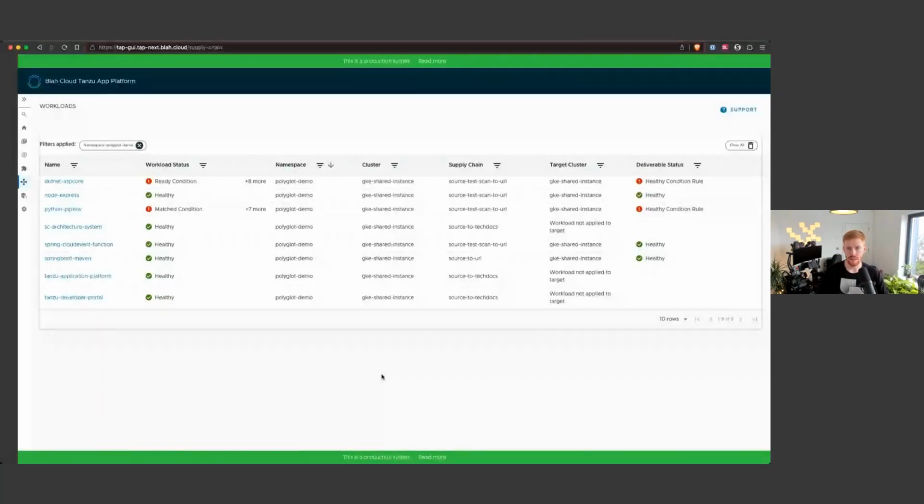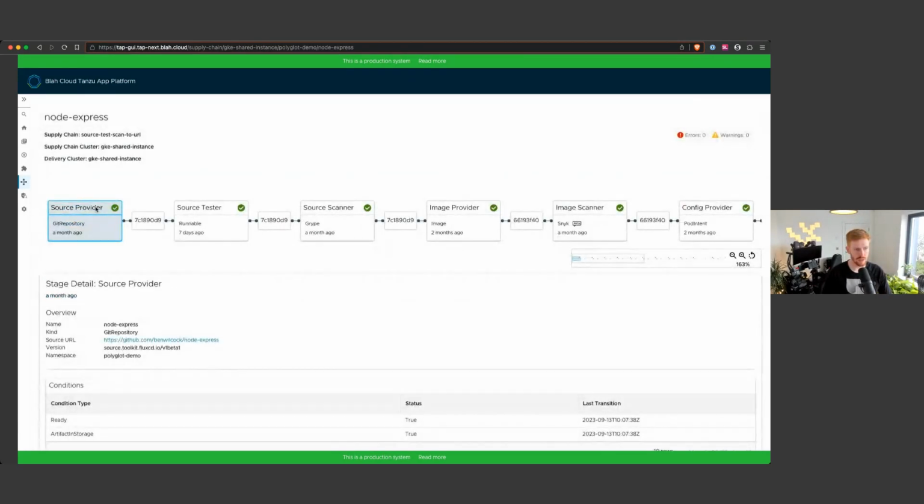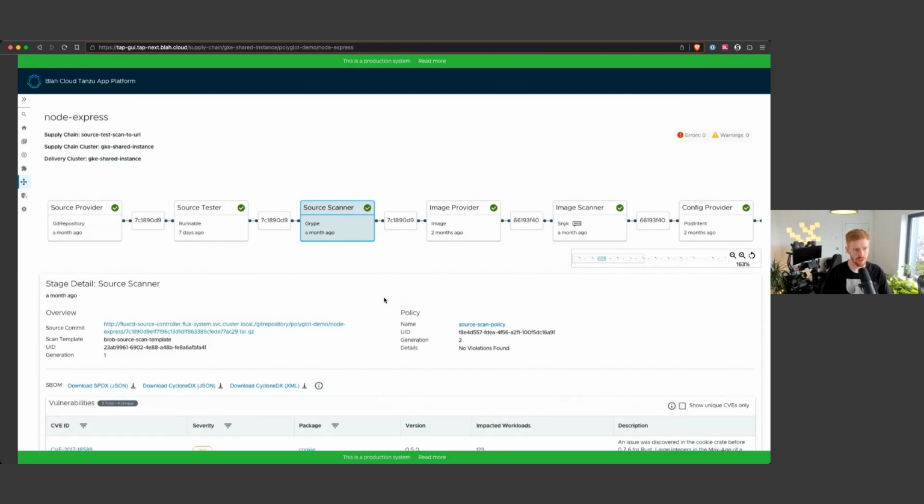And we're back inside the Tanzu application platform. This is the very same one that Ben was talking about a moment ago. And what we're going to start off with is the CVE scanning end of things. So if we have a little look at, say, Node Express here, we go into our source scanner, you can